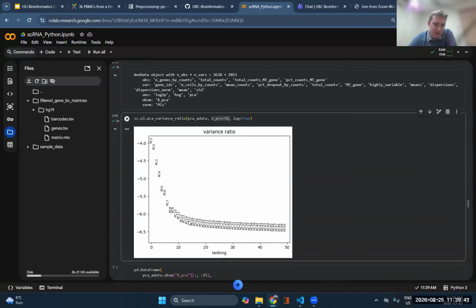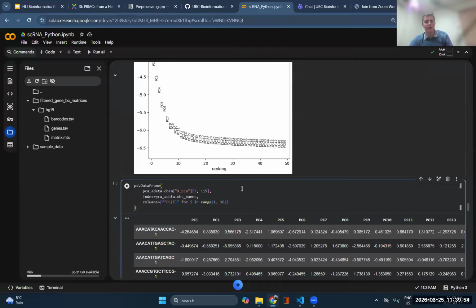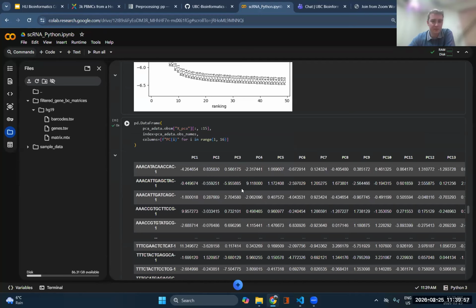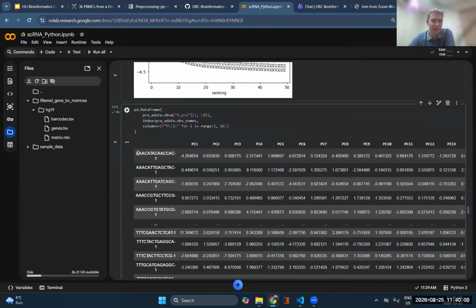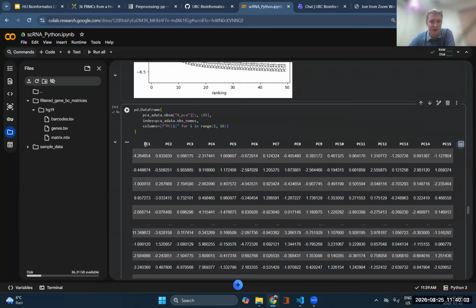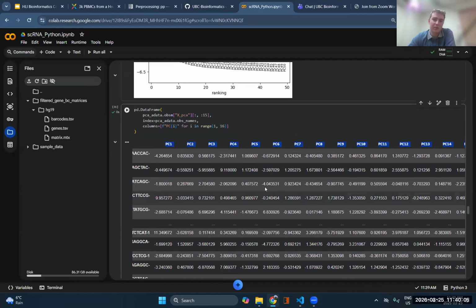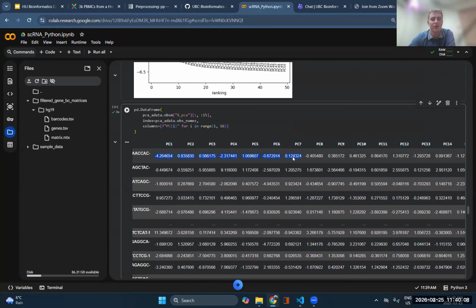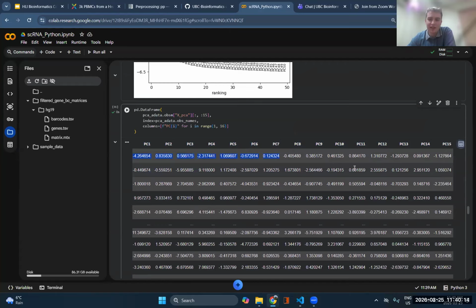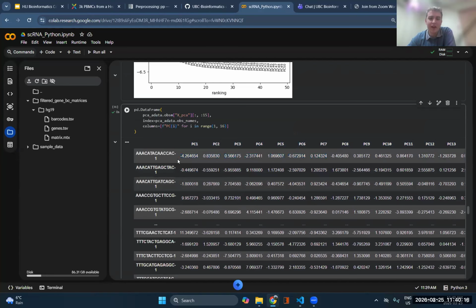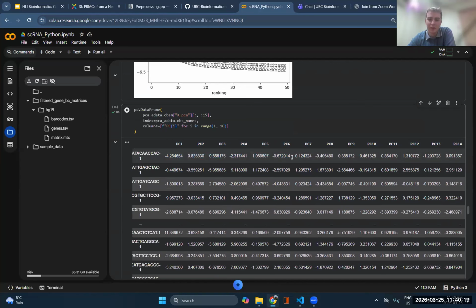So here, I chose principal component 15. That's what I'm going to use. Basically, I'm just going to map our 2,000-something genes down to just 15 principal components, which, if I run this cell here, this is what it's going to look like. For each of our cells, we have a number, which is not very interpretable just reading it. There are a few ways to interpret PCA, but I'm not going to cover that here. But basically, we've mapped each cell down to a vector of 15 numbers,